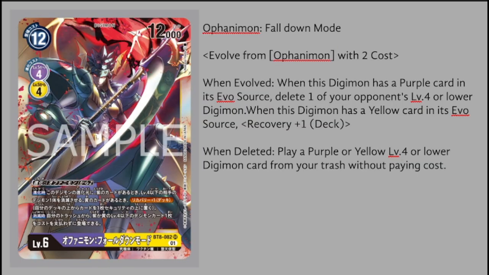We got Ophanimon Fall Down Mode. So Ophanimon is one of the big cards that's coming out of the set, and this card is looking to be pretty strong. So what this card is doing is it is a level 6 2-color Digimon, purple and yellow is what it's supporting, no shocker there, and it could Digivolve for 4 off of a level 5 purple or yellow Digimon, or you could Digivolve this on top of an Ophanimon for 2. So there's just a lot of different ways you could utilize this card based on its evolutions and the colors it's playing with,